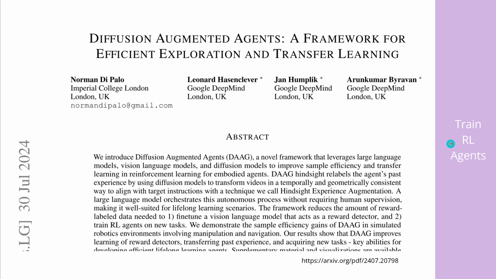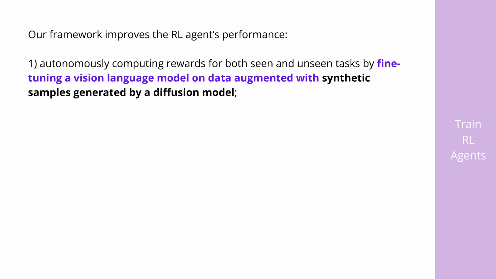they now train the reinforcement learning agent in a very particular way, so that we have no problem with training data. We just generate everything synthetically from video data. So this is the framework we're going to look at. We want to improve here the reinforcement learning performance of our agents in a multi-agent framework, whatever they do. So what do we have to do this? Autonomously, in reinforcement learning, we need rewards to compute those rewards for both seen tasks, that's easy, and unseen